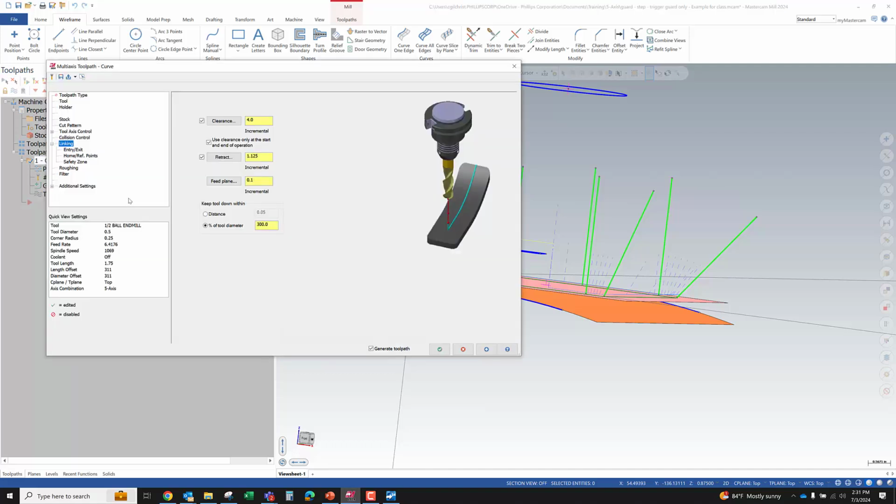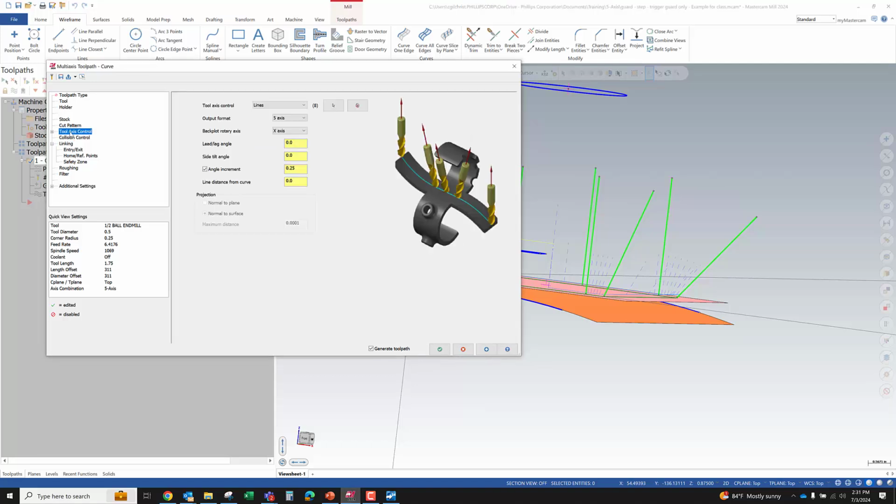So, a couple more things that we can talk about for curve 5-axis. Tool axis control. We did lines, we did all the different methods. Some of them weren't admittedly the greatest examples, but we tried them all. 5-axis output, you can also limit it to 4-axis output. So even if you're driving a 5-axis toolpath, if you've got a 4-axis machine, but you've got a multi-axis Mastercam